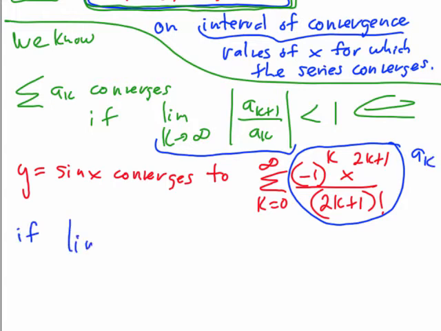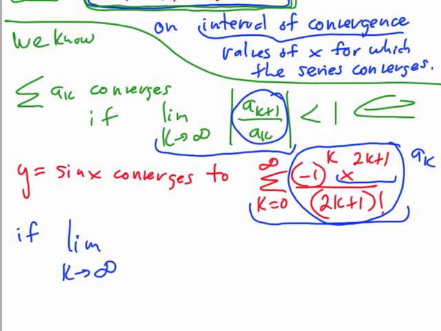If the limit as k goes to infinity of the k plus first term over the kth term, absolute value of that, is less than 1. So applying that to my series, I can leave the negative 1 to the k out because that's just going to be the positive and negative back and forth. I need to continue to put the absolute value in because remember x can be any real value, which can be positive or negative. So this is not necessarily a series of positive terms even if I ignore the negative 1 to the k. So I need to do the absolute value of the k plus first term